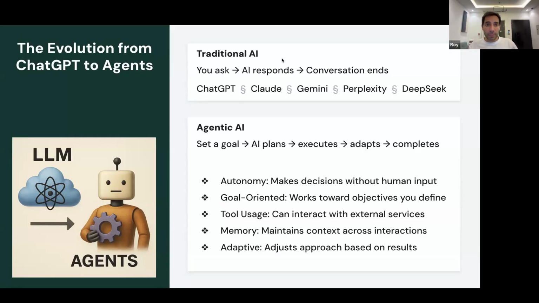But when you use agentic AI, you now have the ability to have incredible autonomy because this agent can make decisions with no human input. It can be very goal-oriented. So basically, you tell it what you need to do, and it will do it for you. You're going to use various tools that you use on a daily basis, other tools that you can have access to. We're going to have all of them in the next half hour, actually. It can remember what has happened from session after session or context like within something, so you can build upon it. And it can adjust its approach based on results. If you tell it, look at my CV, if it's not good enough, fix this, it'll do that for you.